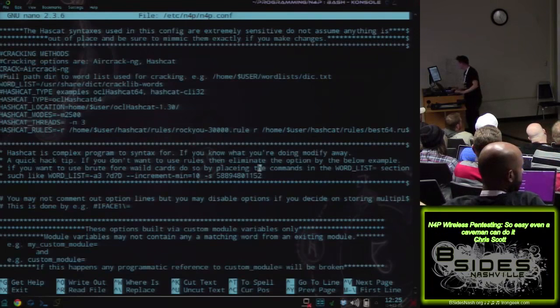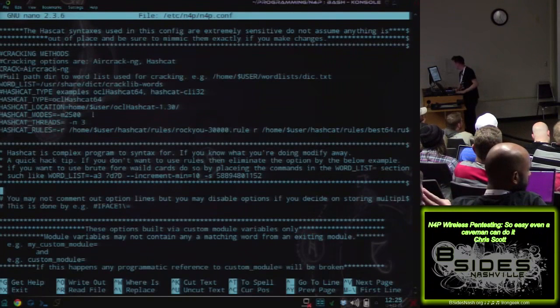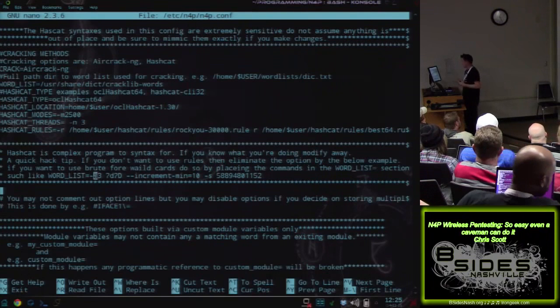Now, I'll read this out to you. It's part of the configuration file. It says, hashcat is a complex program to syntax for, if you know what you are doing, modify away. A quick hack tip: if you don't want to use rules, then eliminate the options by the below example. If you want to use the rule, use brute force wildcards, do so by placing the commands in the wordlist= section, such like wordlist=, instead of the location of the wordlist, -a3, question mark,